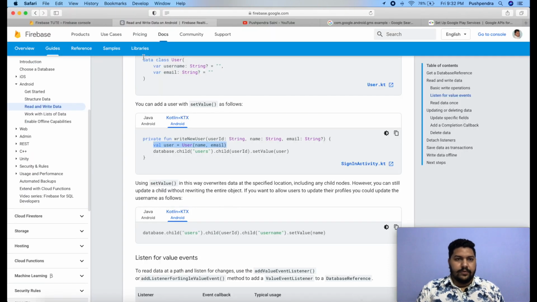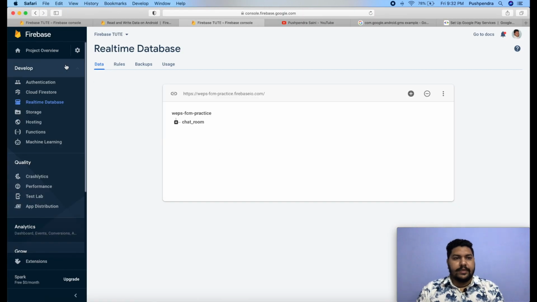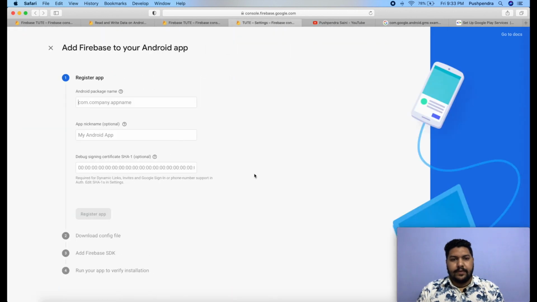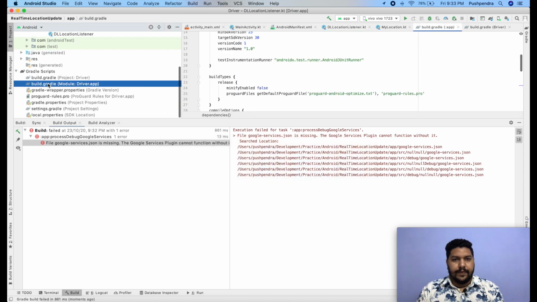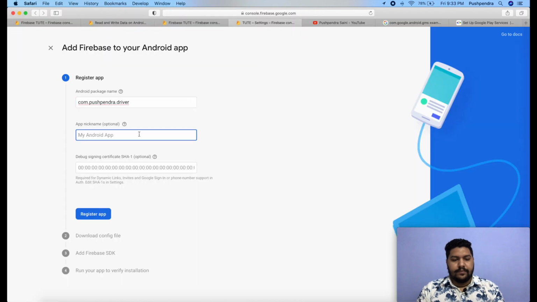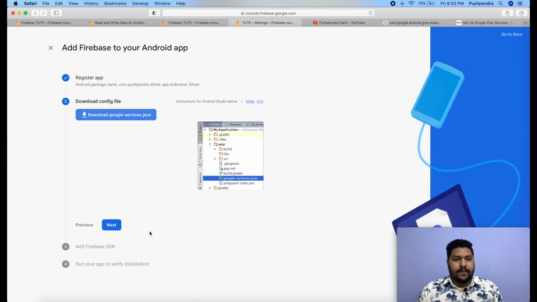So how can we do that, we will go back to the Firebase console. Oh my god, google-services JSON is missing. So at the time of adding, now Android, here I need to give the application name, which I will find here, driver. This is optional. I'll continue with it.